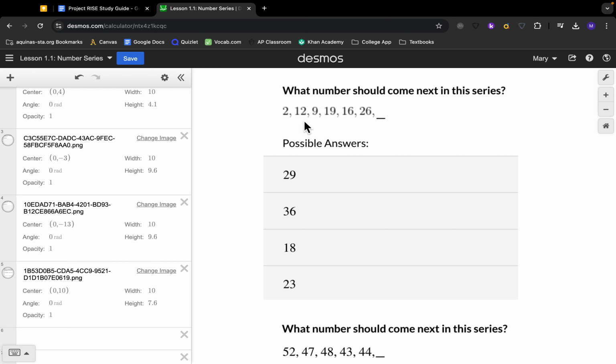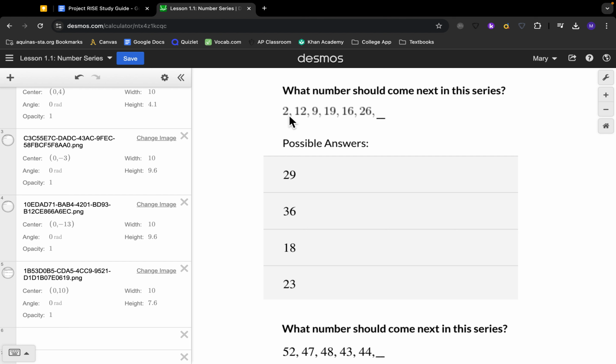So we know 2 plus 10 equals 12, 12 minus 3 equals 9, 9 plus 10 equals 19, 19 minus 3 equals 16, 16 plus 10 equals 26, and 26 must be subtracted by 3 to get the next number. And 26 minus 3 equals 23. So the little trick here in this problem is that we have